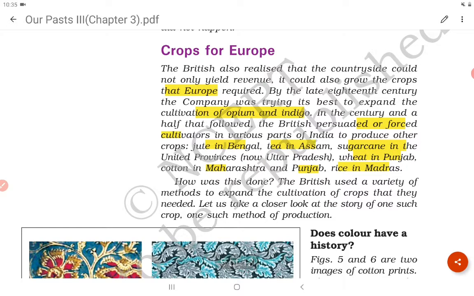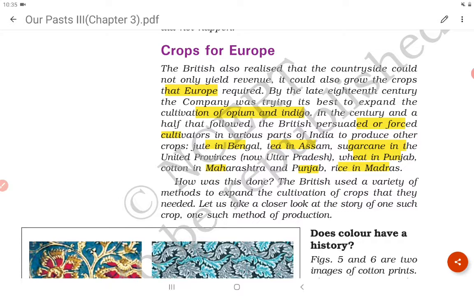The British also realized that the countryside could not only yield revenue, it could also grow the crops that Europe required. By the late 18th century, the company was trying its best to expand the cultivation of opium and indigo. In the century